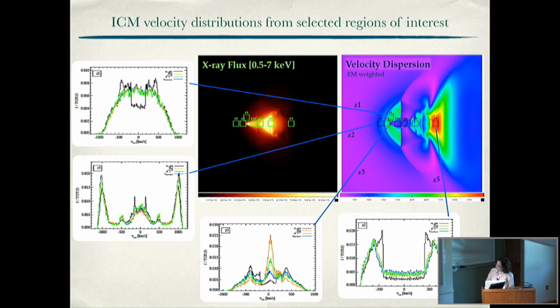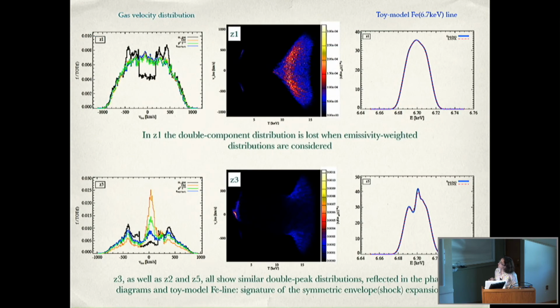And again, these are the correspondence to the velocity dispersion. So if you look into the simulation, you can actually analyze in very much detail the velocity and the thermal structure of the gas. This is again the velocity distribution along the line of sight, and this is a phase diagram between temperature and line of sight velocity, color-coded by iron line emissivity, which allows us to understand the complexity actually of the thermodynamical state of the gas. And in this case, you can see that you have mostly one component, which is the hot one, that contributes to this kind of broadening.